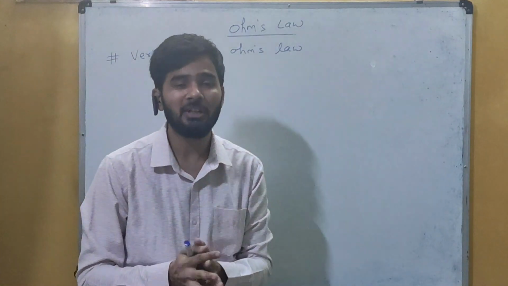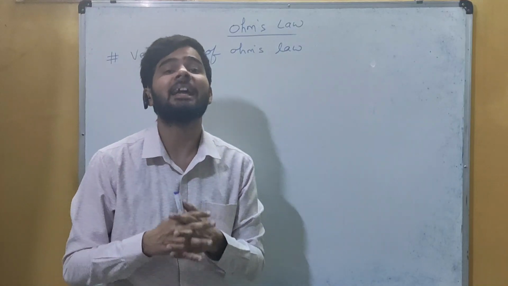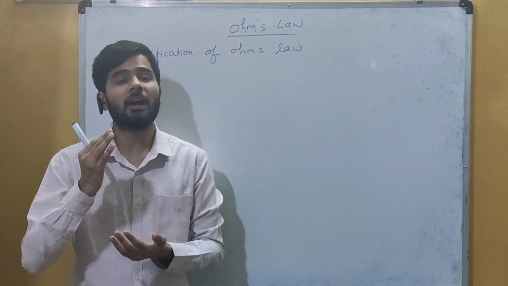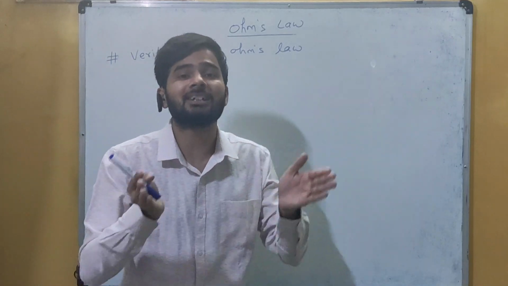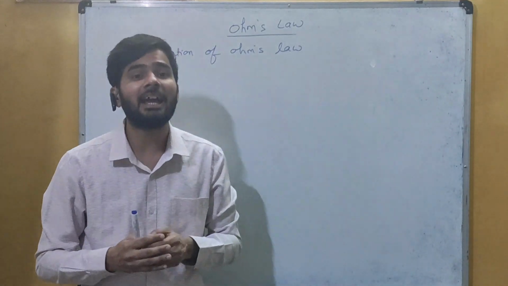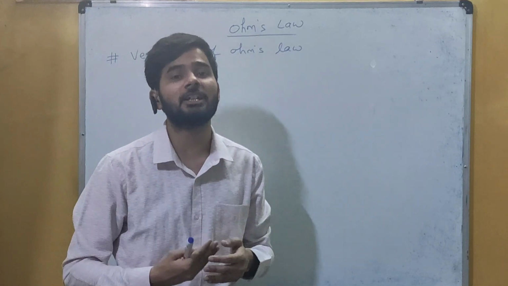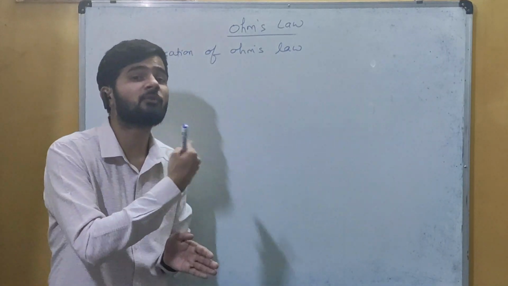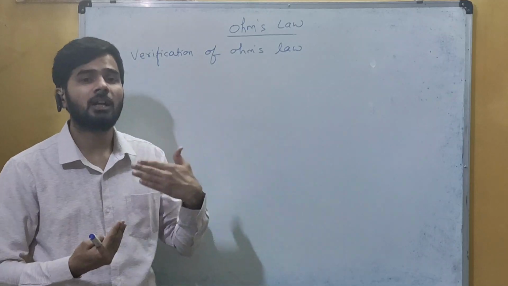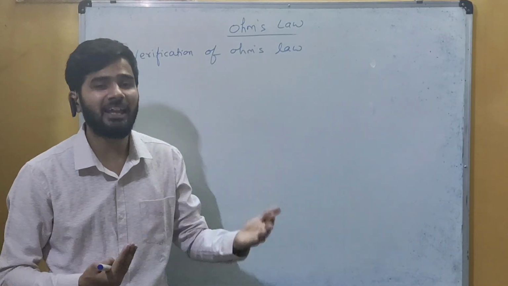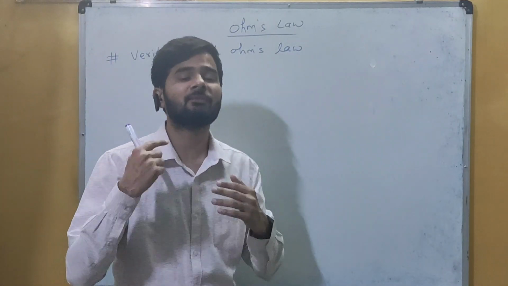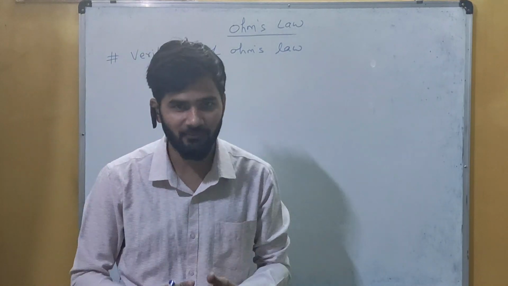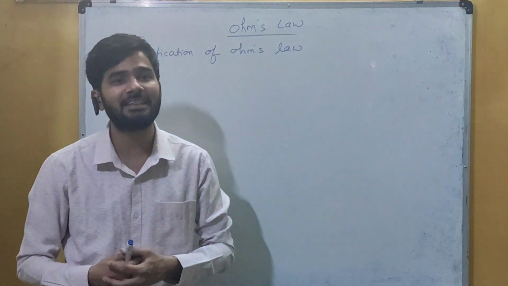Okay, so now after looking at the derivation of Ohm's law, let us see how we can verify it. This Ohm's law can be verified experimentally. We have to do an experiment in which we apply a potential across a conductor or a resistance, and measure how much current is flowing through that conductor. If the graph we have drawn in the two cases, either the VI or the IV graph, is a straight line in both cases, then we can say that Ohm's law is verified, and in that case we can also find the resistance.